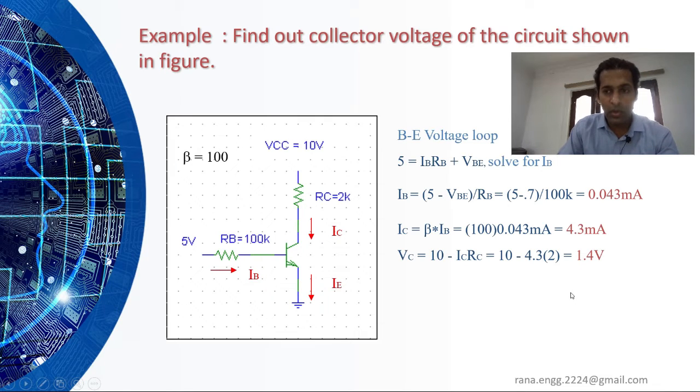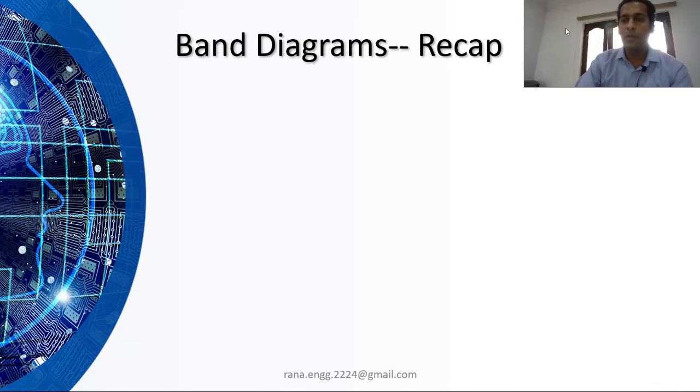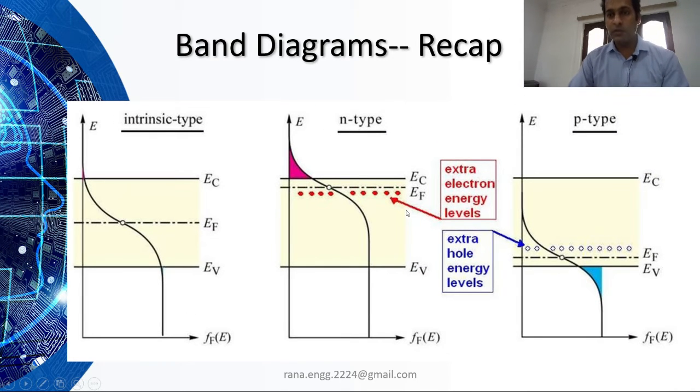Like this we have to solve the problems. Then we have to discuss about band diagrams. Band diagrams we have discussed earlier in the previous sessions when we were discussing about the PN junction diode. Band diagram behavior is the same. So they depend on the holes and electron concentration. What is concentration? The amount of electrons and holes, either it is less or more. Either our type is N or P.